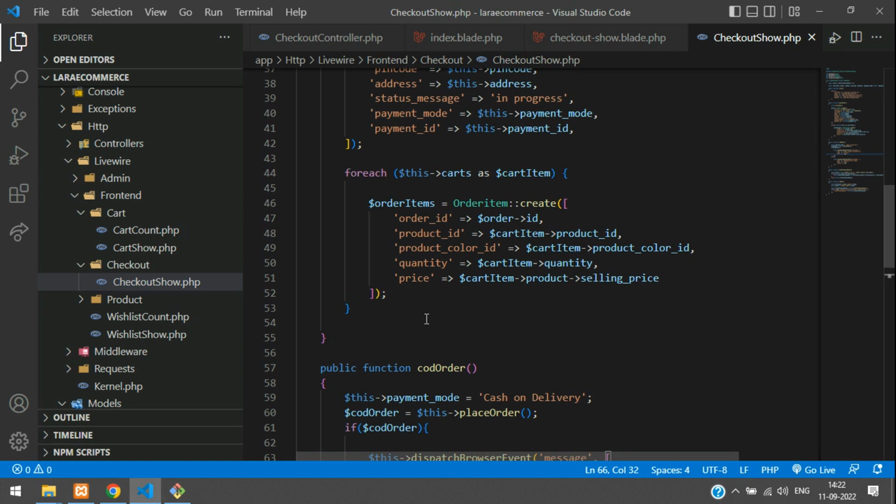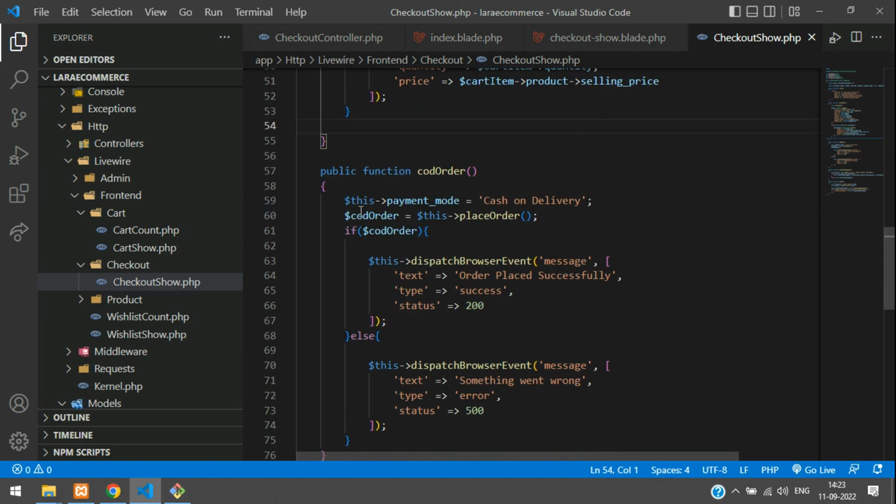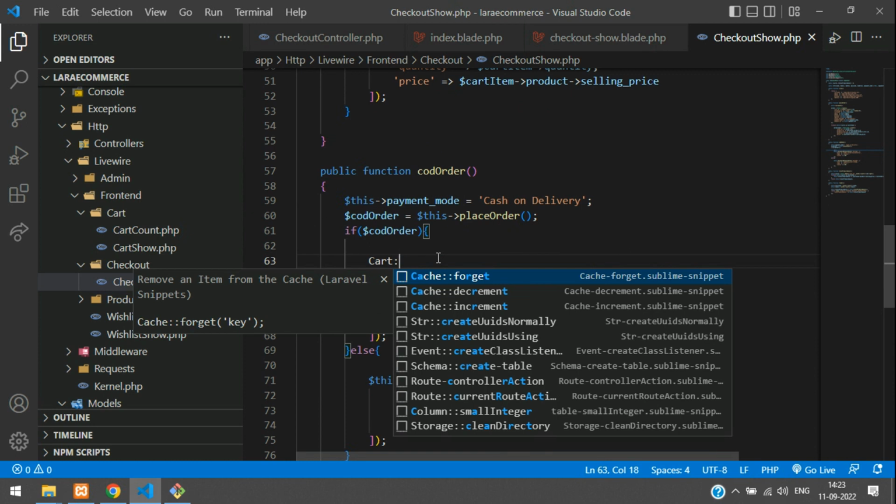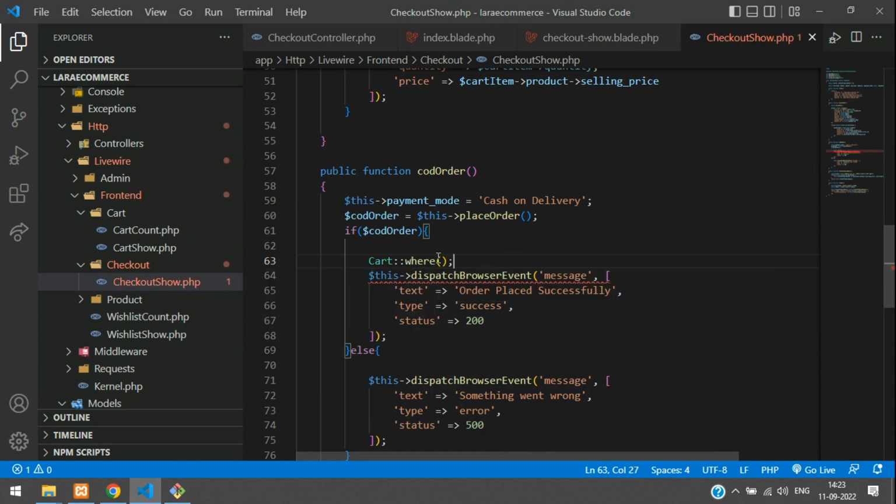So that time where you can check here, while COD order is true when it is placed successfully, that time you can empty all the cart. So what you need to do, go to cart, use where condition and check for the user ID. So authenticated user data is only you are going to delete, user ID, and then use a delete function to delete the record, as simple. So whatever the authenticated user, you are going to delete the record. All set guys, and now you can